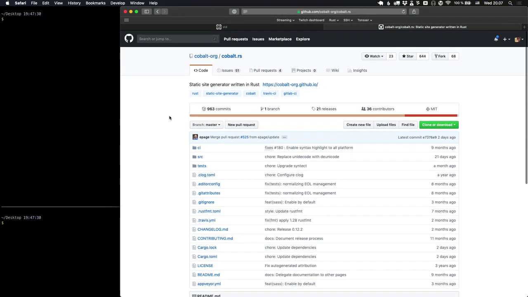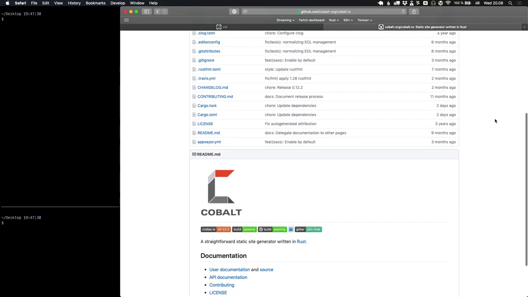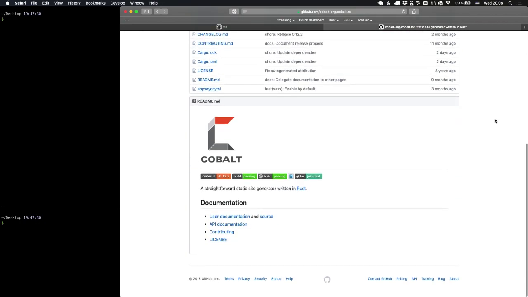I would like to do some web stuff. I don't want to do yet another JSON API, because I work with APIs during the day, so I don't want to make just another one of that. And a static site generator seems like it's kind of fun. So what I would like to do is have it be as much Rust as possible, while still having the sites or the posts in